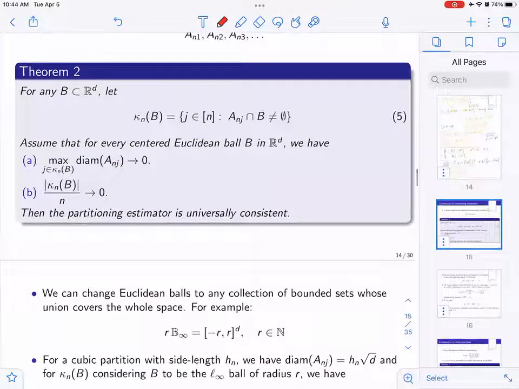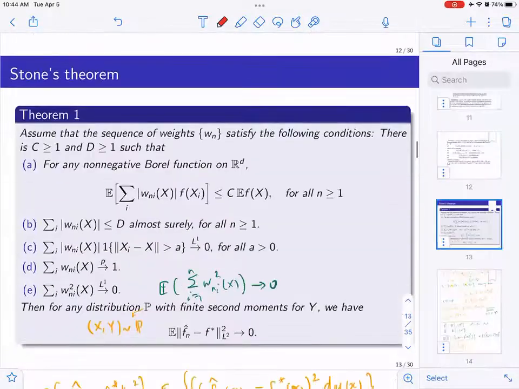So for partitioning, I'm going to come back next time and verify. Basically, we're going to verify these 2 conditions. This is too technical. You're welcome to try to calculate. You can just verify it for indicator functions because then by linearity and limits it works for any f. But we're not going to verify this. The main ones are the C and E. So these are the conditions that would give you